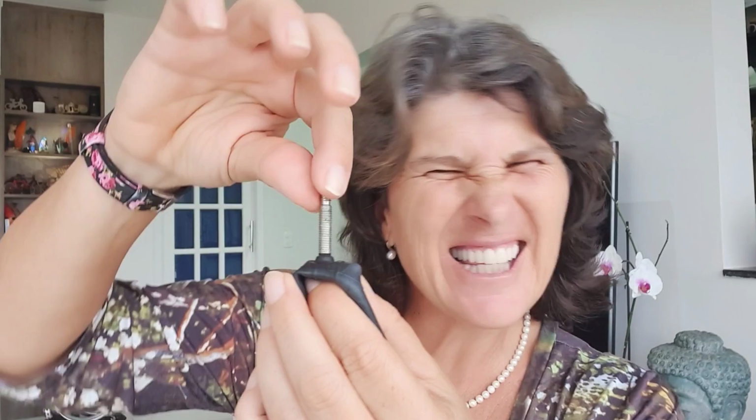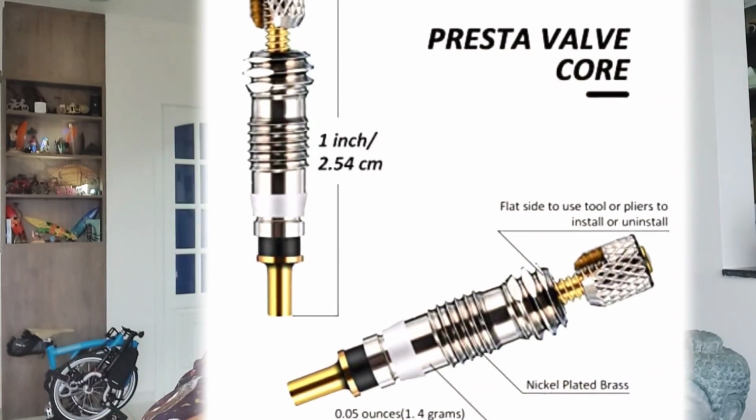Okay, not everything is perfect, and I did damage my Presta valve once. I was in Curitiba, and I stopped at a gas station and put on an adapter. Yes, there's an adapter that you can put in here, and it's just like a Schrader valve. It fits, and you pump it up just like a Schrader valve. But I don't know why or how my Brompton fell, and this here vented. So I had to change the whole tube. Actually, I could have taken it out and replaced the insert. There's the part here. See, there are two parts. But I didn't have an extra one, so I just replaced the tube. But even so,